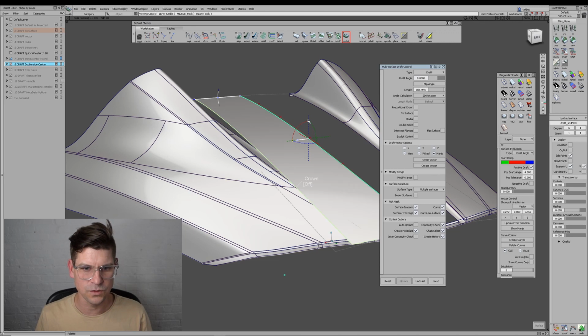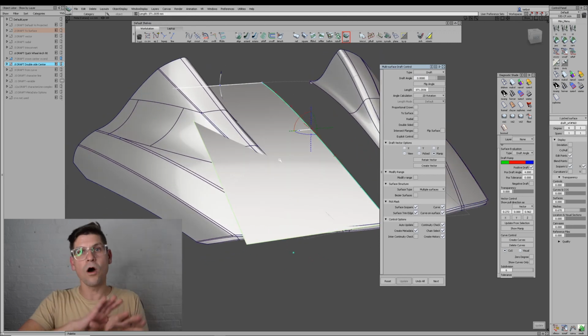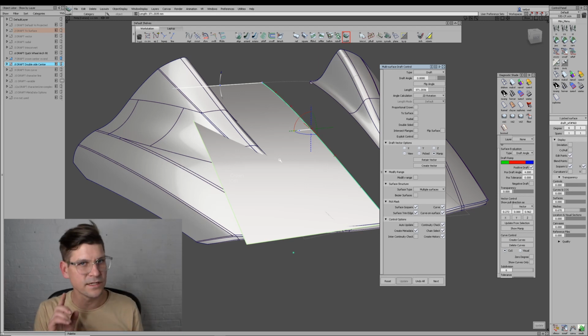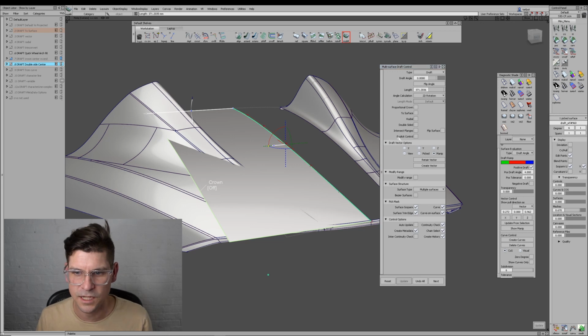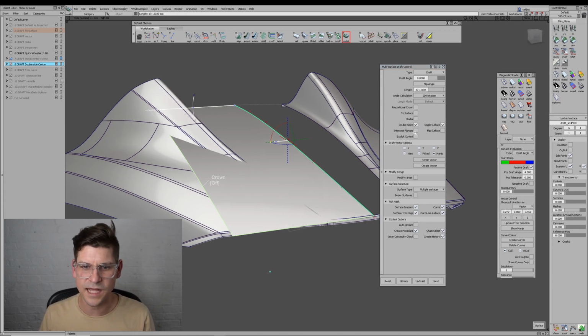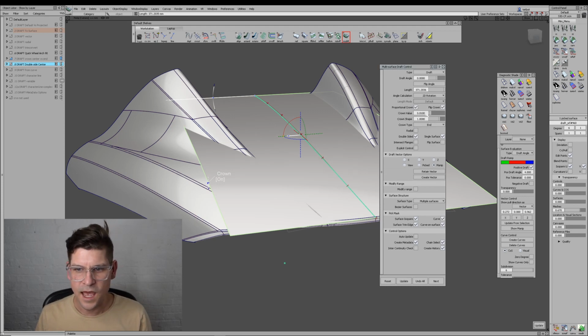Let's just reset the tool. We'll draft it out one direction, but I like to build all the way across the center line. Having a single surface makes it a lot easier to control the highlights and the reflections. So I'm just going to choose double-sided, single surface, which gives me a single surface, and then I can still come